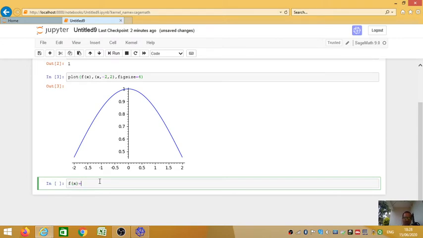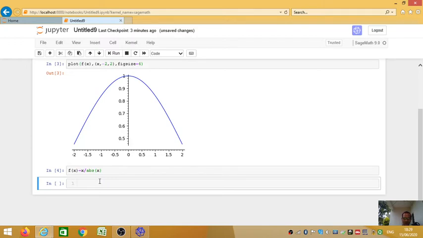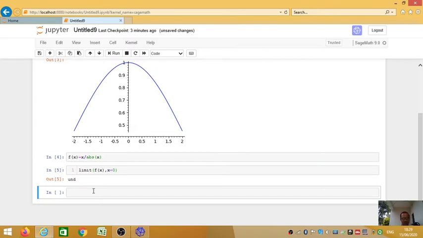I will take the next example, x upon absolute value of x, right? So you can directly find out the limit here. I will find the limit of the function. Here we will find the output by pressing shift and enter. At x equal to 0, what happened? The function is undefined, so the answer must be undefined, right? Correct. The output is undefined.